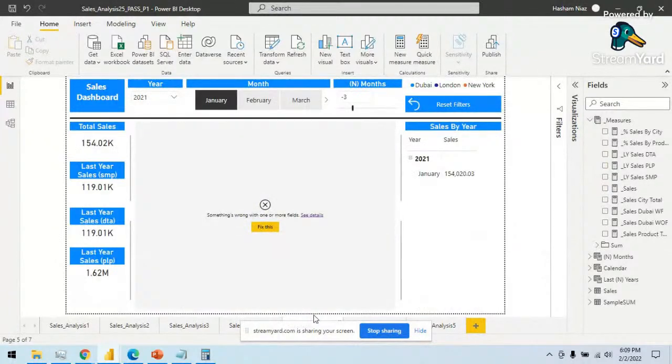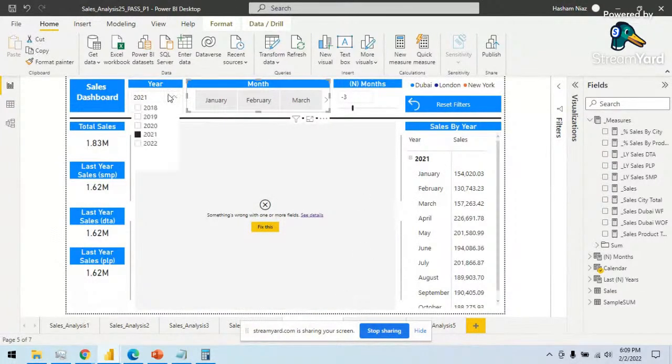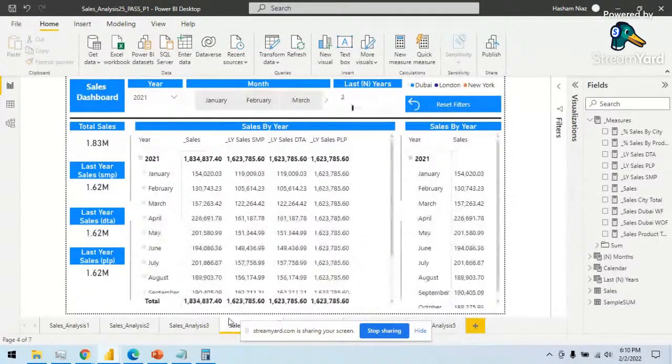If I go back here and this time select 2020, so this is my validation sheet. If I want to see 2020 January sales, because this is my last year if I have selected 2021, you can see this is coming as 119k in both same period last year and the date add function, but the parallel period is showing me the overall sales for that particular year, regardless of being in January. So if I drill to the next level,